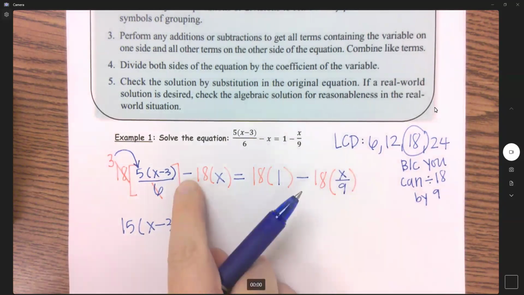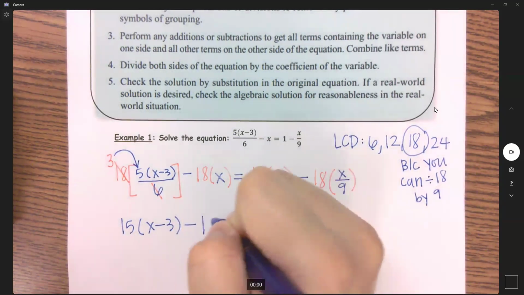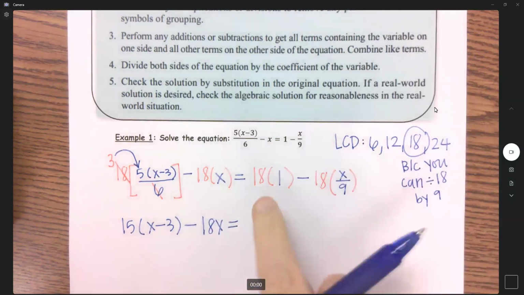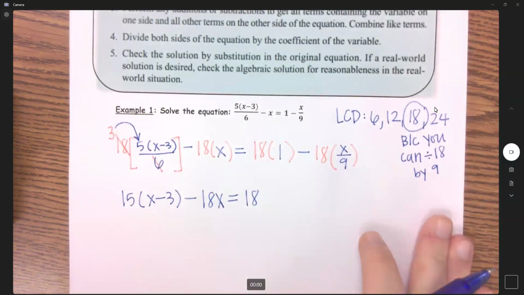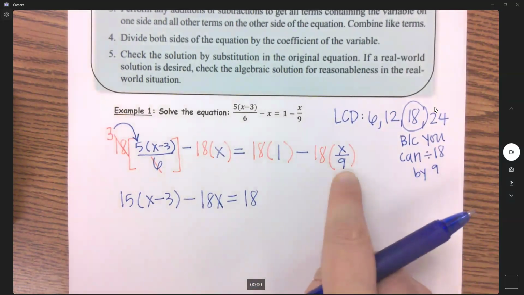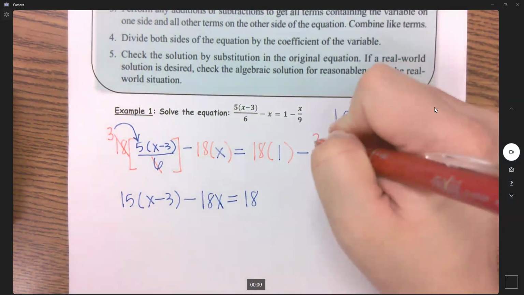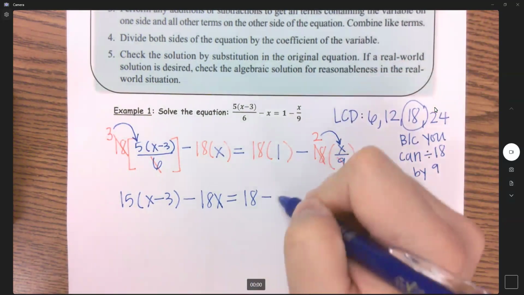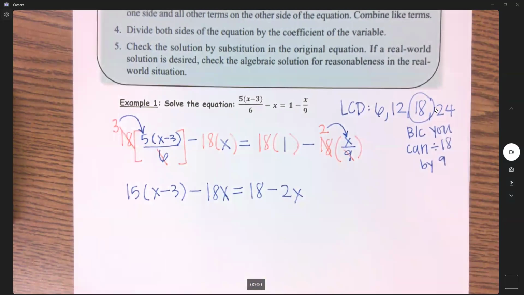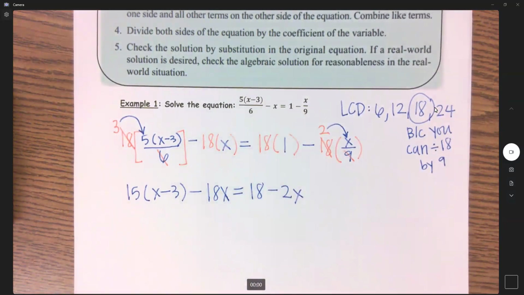So minus 18 times x is 18x equals 18 times 1 is 18. Here, 18 divided by 9 gives me 2. And then multiply that 2 by the top, so we get minus 2x. So this top equation and this bottom equation are equivalent, but now I have no fractions. So now I can